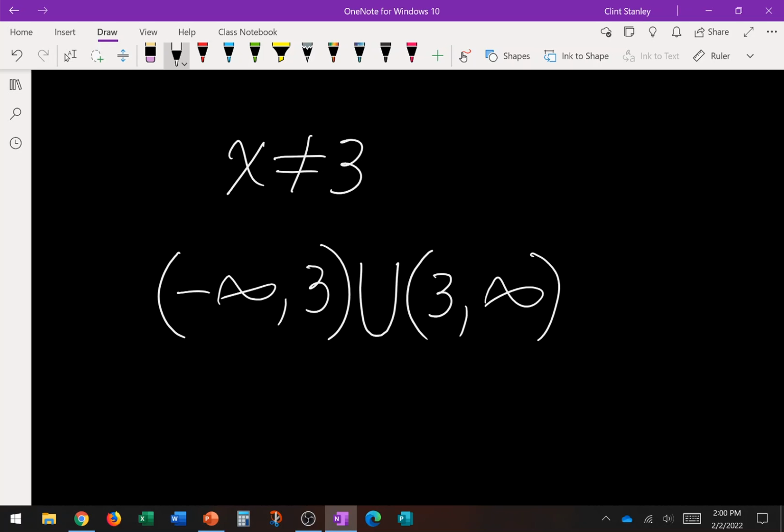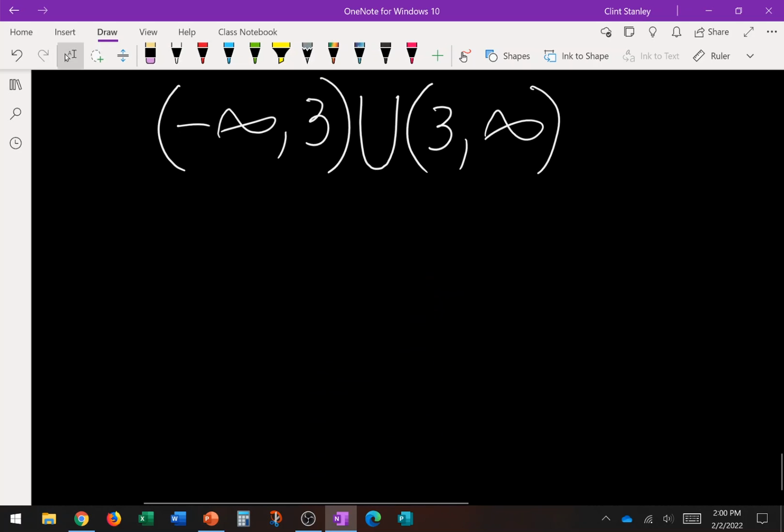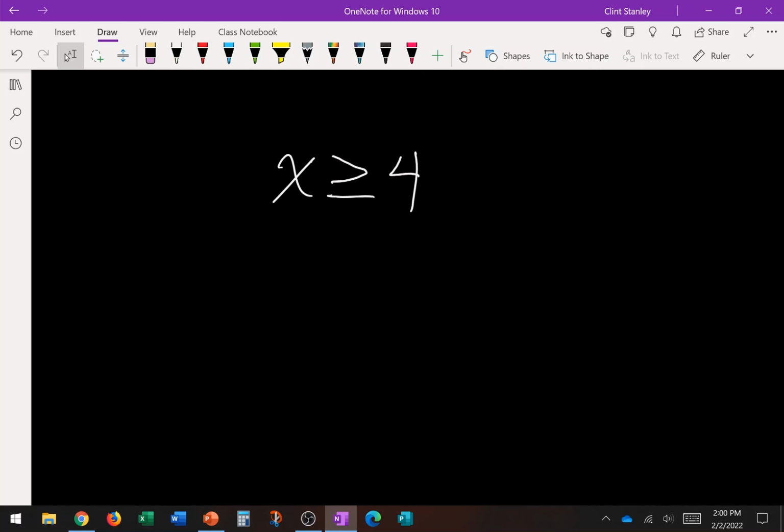And then just while we're reviewing domain, if we had something like we figured out our x values had to be greater than or equal to 4, maybe we had an expression underneath the square root and we can't let it be negative, then the way we would write that domain in interval notation is we think about the smallest value we could have. In this case, it's 4, and we want to include it because we have the equal sign. And then it could be bigger than that, so we could go to infinity. A little interval notation refresher.